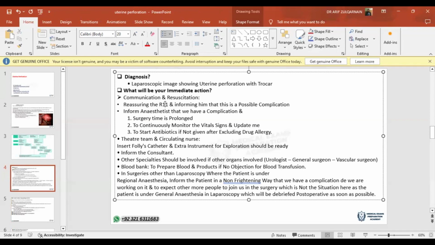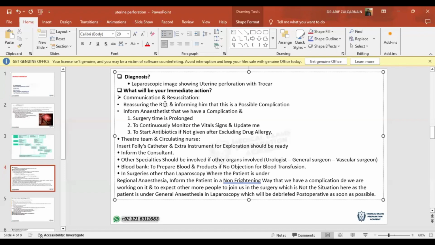Inform the consultant. Other specialties should be involved if other organs are involved. For example, you can involve the urologist, general surgeon, or the vascular surgeon if there is suspicion of injury to the bladder, gut, or the great vessels. You will inform the blood bank to prepare the blood and the blood products if there is no objection for the blood transfusion. And in surgeries other than laparoscopy where the patient is under regional anesthesia, in this case,